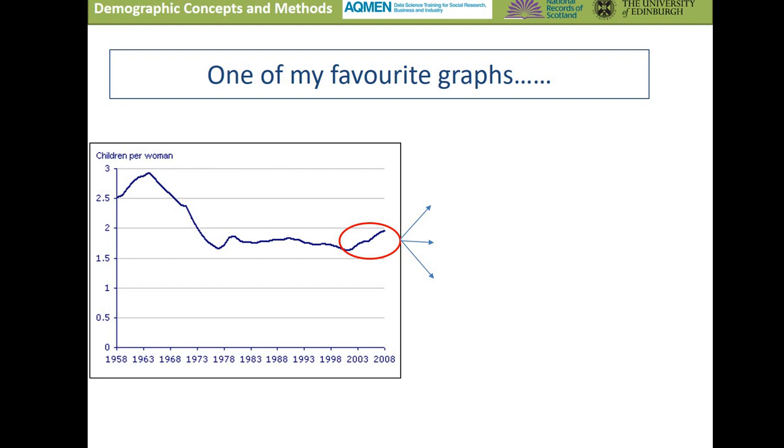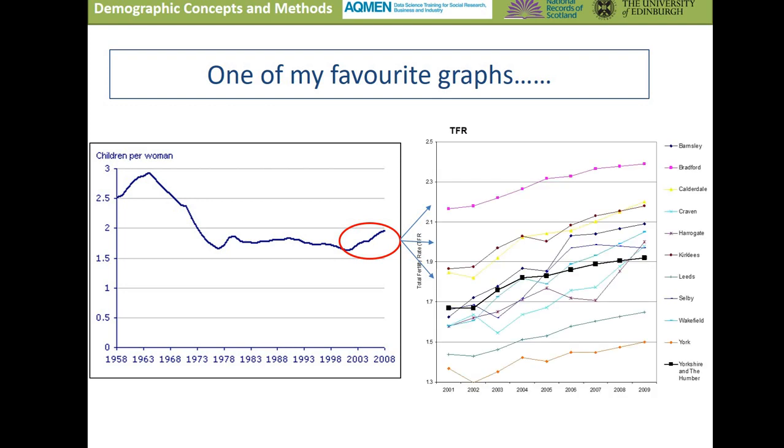And we can see from 1980 fairly low levels of fertility or numbers of children per woman, under 2 on average. And what's quite interesting is we see an increase in the number of children per woman from the early 2000s onwards. So this is something that wasn't really predicted by demographers, but it's something that happened across many different